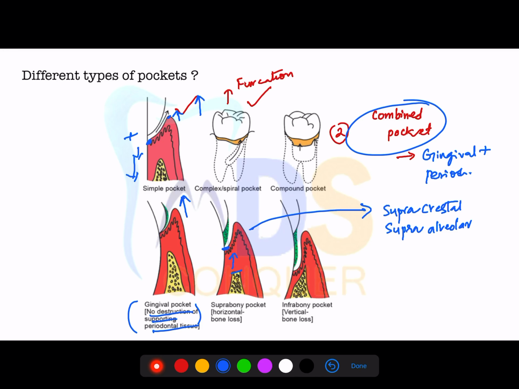Whereas the base of the infra bony pocket is apical. You can see this is here, this is apical. That is the difference between the supra bony pocket and the infra bony pocket, also called the intra bony pocket. The other terms for the infra bony pocket are intra bony, subcrestal, and intra alveolar. I hope it's very clear about the different types of pockets, and they can ask you diagram-based questions too. So please